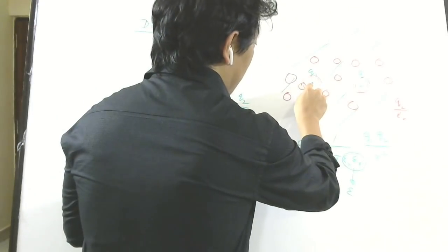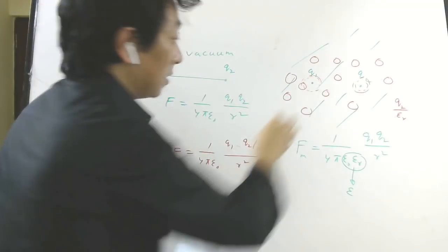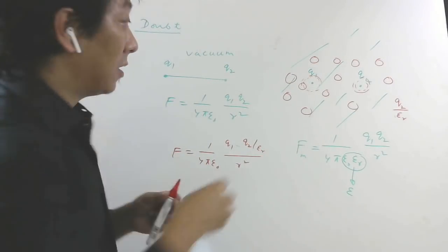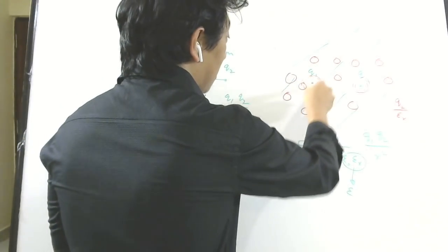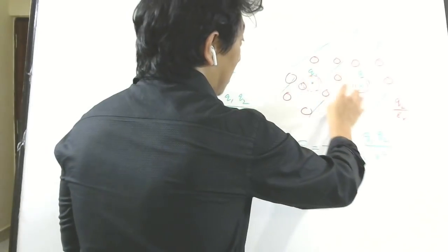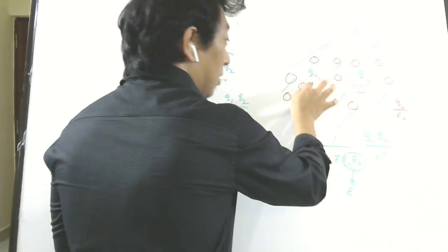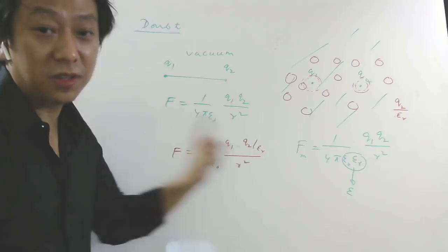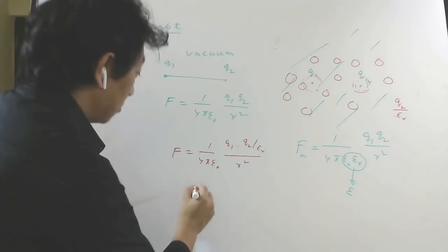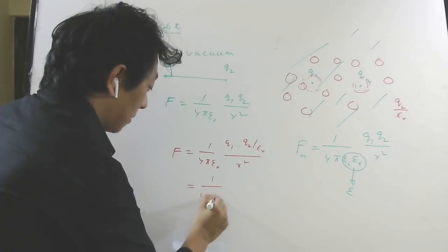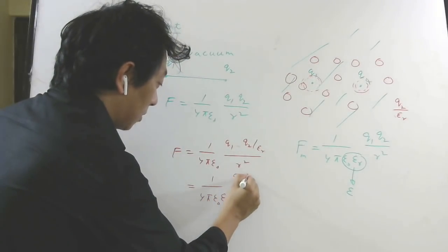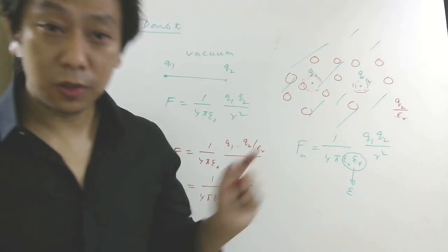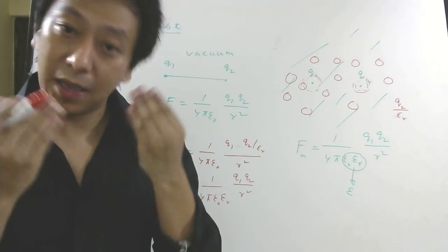So the polarization of charges which this charge will do in this medium basically creates something called bound charges, induced charges. And the induced charges created here will affect the charge which this one will see. It will not affect its own charge. That's why only one of the charges is affected, not both. So that is how the formula comes out: 1 by 4 pi epsilon naught epsilon r, q1 q2 by r square. So this is how the force on q1 by q2 in the actual sense remains the same.